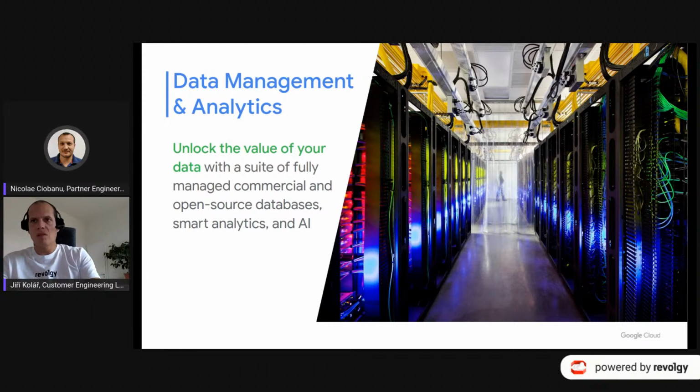Of course, if you want to run a database on a virtual machine, you can run it in GCP on our Compute Engine. But if you want to just use the service and not take care of the resources where the database is running, then in GCP you can choose from a range of fully managed databases, from Redis, document database, HBase, managed SQL, Microsoft SQL, MySQL, Postgres, and so on, up to Cloud Spanner, the mission critical database.